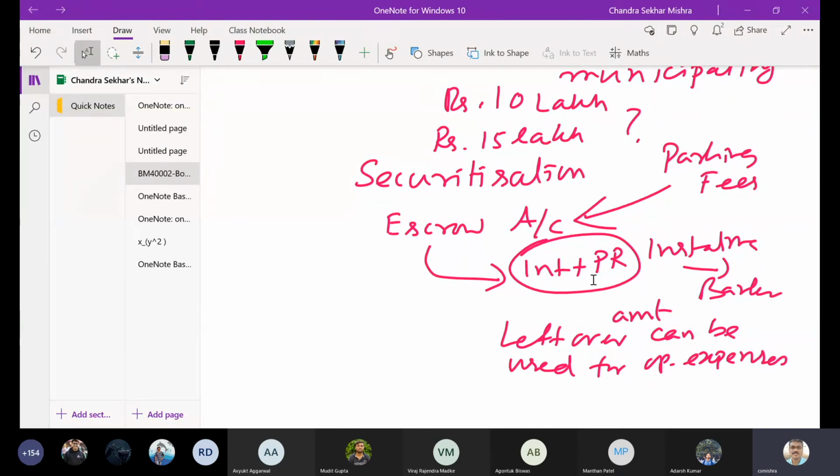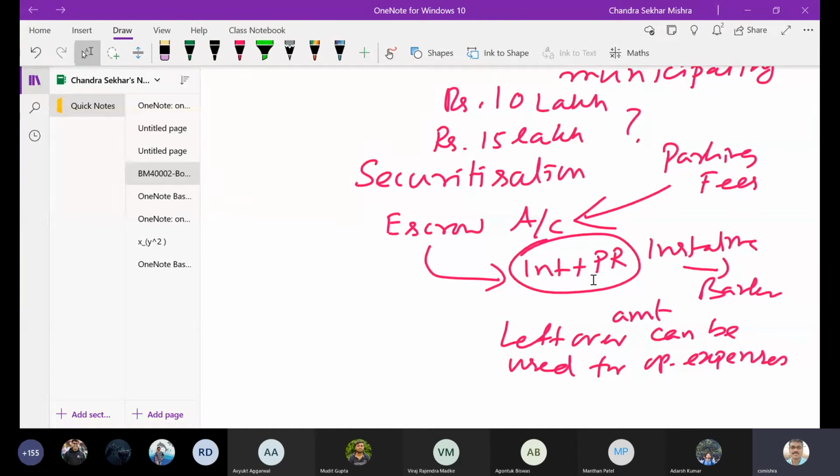So when the customer makes the payment to the account, the money will automatically go to an escrow account, and from that escrow account, that money will go first to the lender who has given the loan to the electricity distribution company for setting up transmission line or distribution line, etc. Then whatever money is left over can be used by the borrower for paying the day-to-day expenses. That is another very good application of securitization. You are securitizing your future cash flow or receipts going to come from your customers.